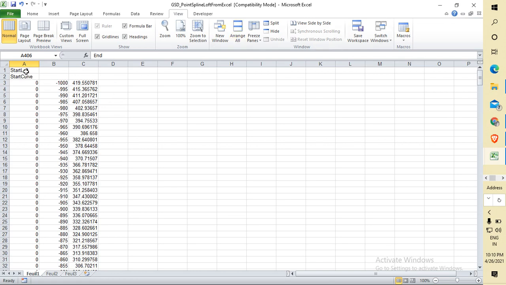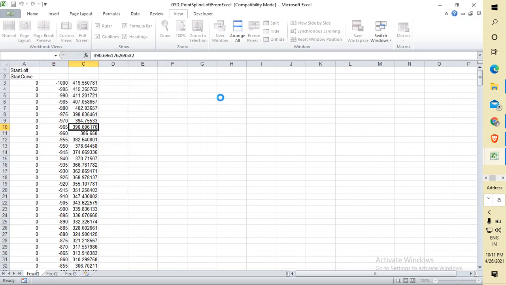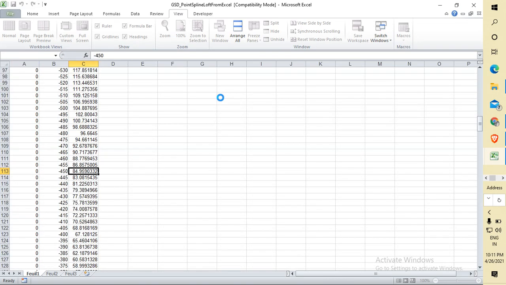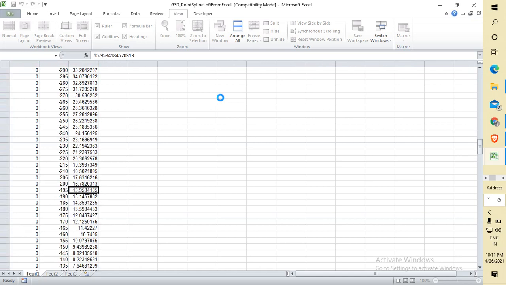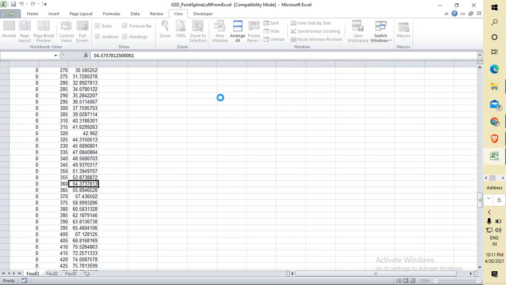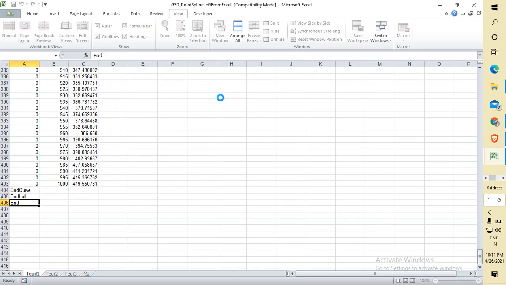Now you have to start the loft and go to macros, then the main menu, and it is already selected. This is our file name. Select this file name, go to Run and press 3. Now it will not cause any problem. I have 400 points in total. Okay, successfully it is completed.